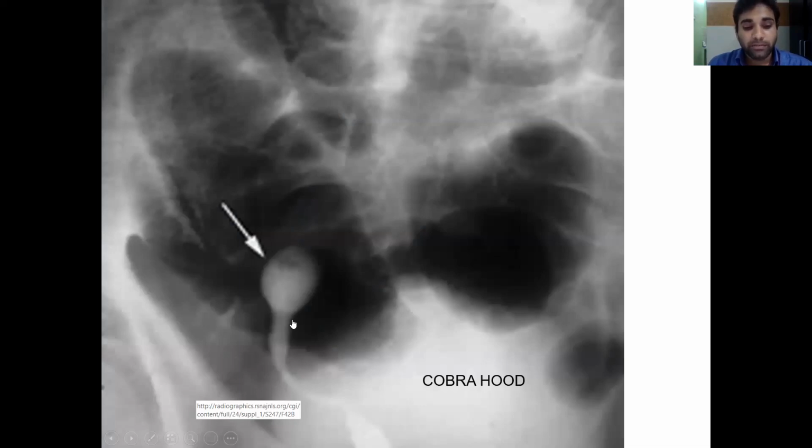During the excretory phase of an intravenous urography, the lucent hood of the cobra head represents the combined thickness of the ureteral wall and prolapsed bladder mucosa, outlined by contrast material within the bladder lumen. This lucent line should be thin and well defined. Any thickening, irregularity, or loss of definition of the cobra's hood should raise concern for the presence of pseudo-ureterocele.